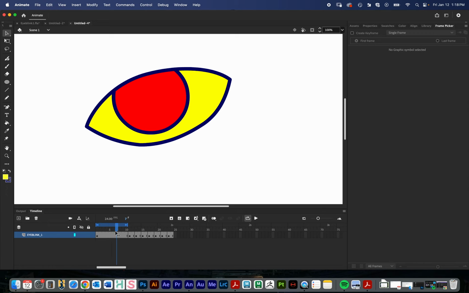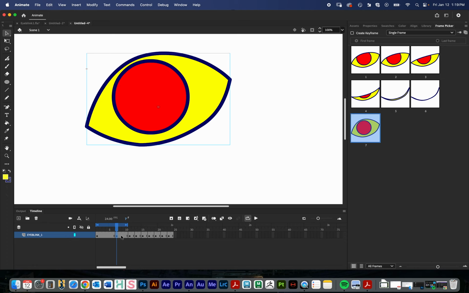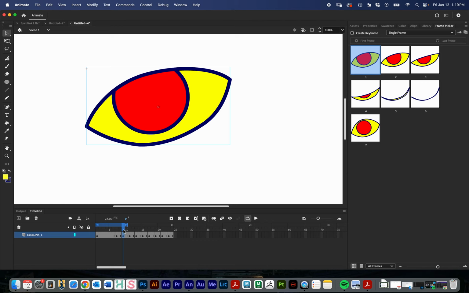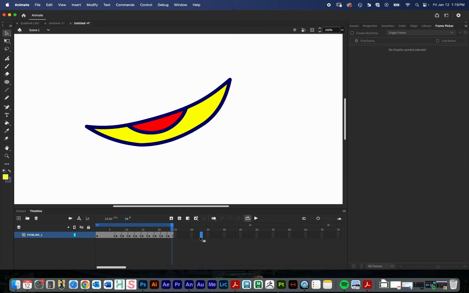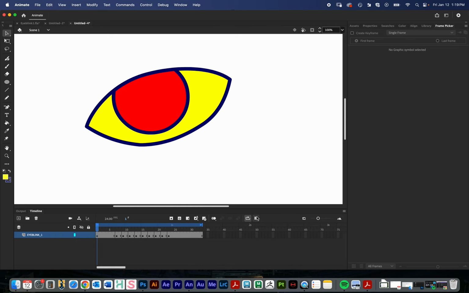And something else I can do is, let's just say that before my character's eye blinks, their eye gets wide for a moment. Remember I created that keyframe right there. I can just go right here, insert keyframe, and click on it and choose the wide eye, insert keyframe, insert the original, and let's extend this last keyframe just to kind of finish off this animation. And so now,